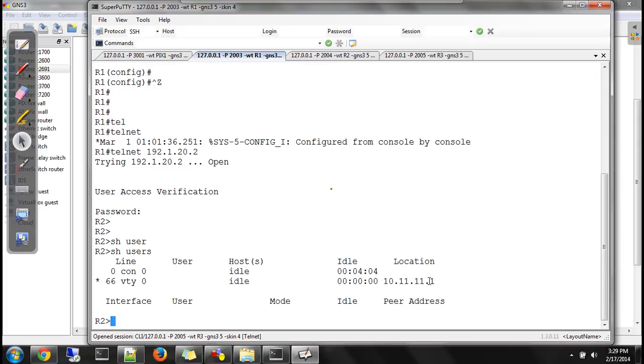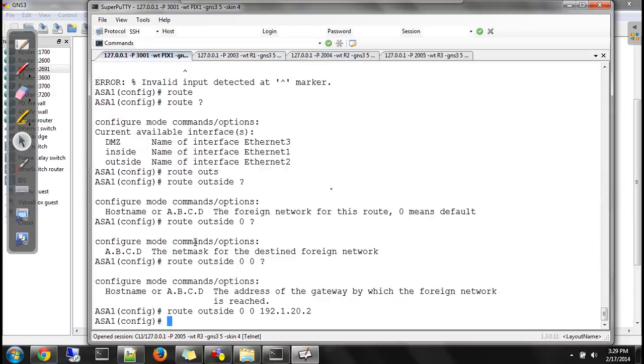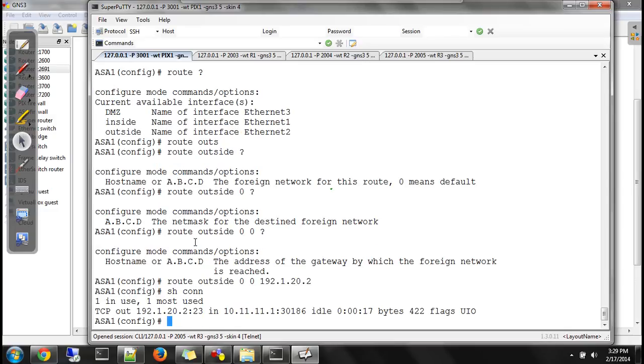This belongs to R1 and you have telneted into R2. At this moment if you go to the firewall and say show conn, this will show you the inspection entry and the connection entry that was kept.